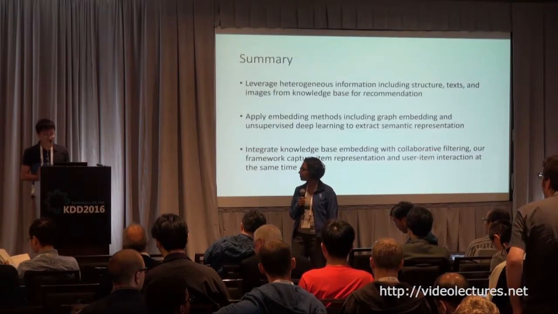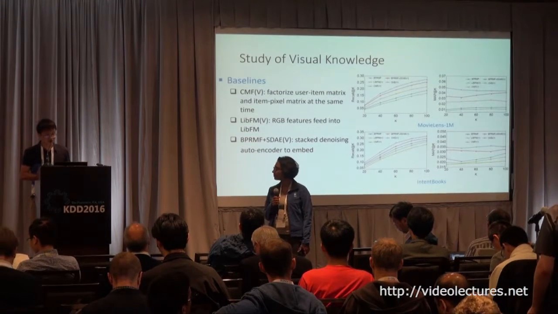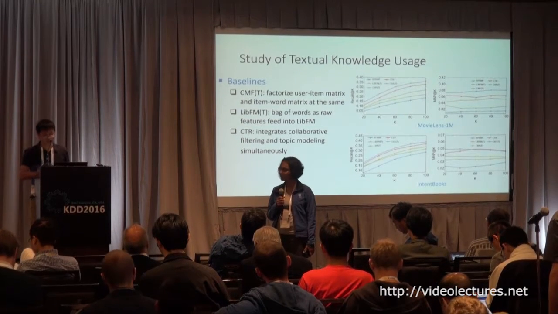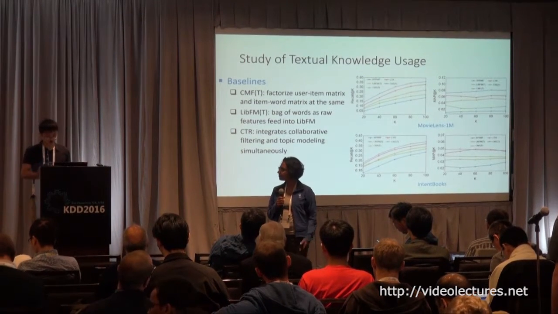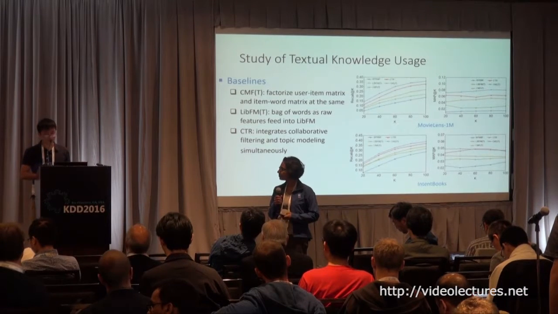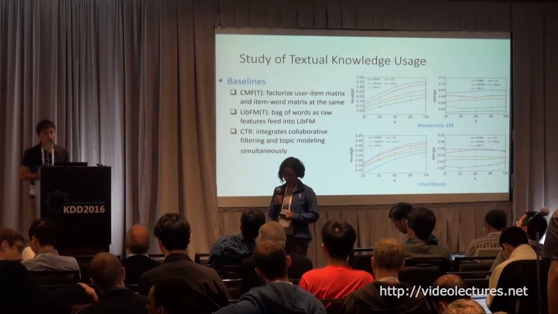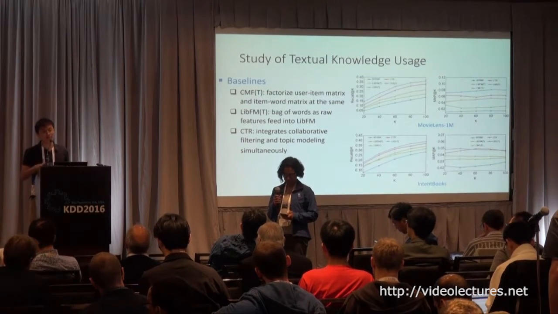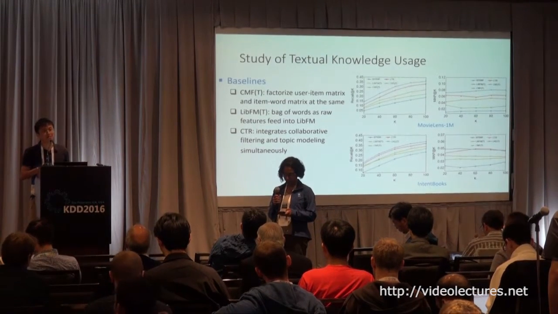Do you have any intuition why the visual features help with this task? Because it's kind of literally judging a book by its cover. Actually, we list each performance of this knowledge separately. But if we compare these things together, we can see that actually the structural knowledge contributes the most, because there are many attributes describing these items.